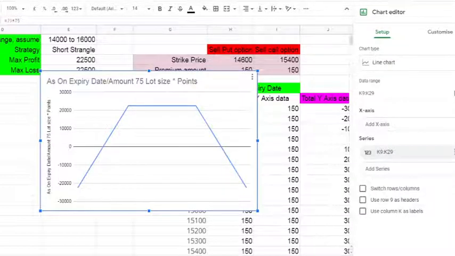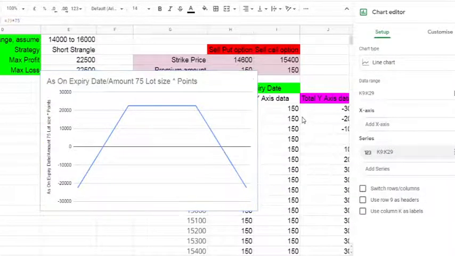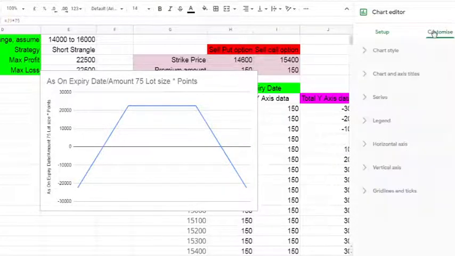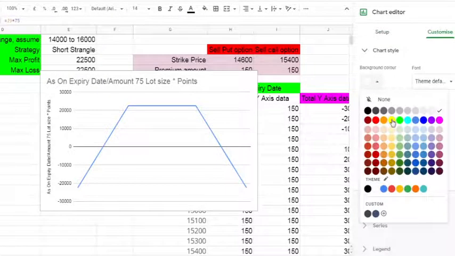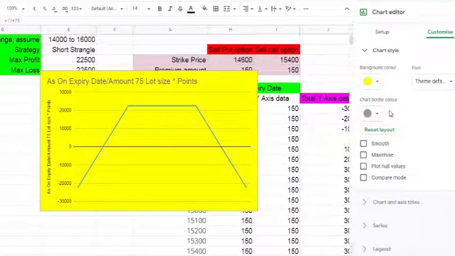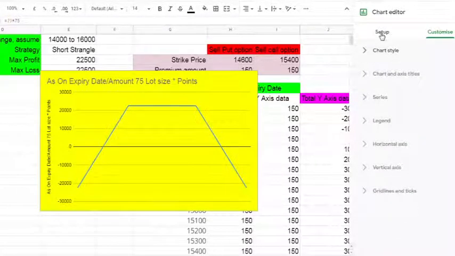Done. Your drawing of chart is done. But don't look at the chart. You need to complete these many setups. Then finally look at the chart. Okay. The first thing I want to see is the background color should be yellow or any other color. For me, yellow is vibrant, so it gives a nice look. I will be able to follow the points quickly.